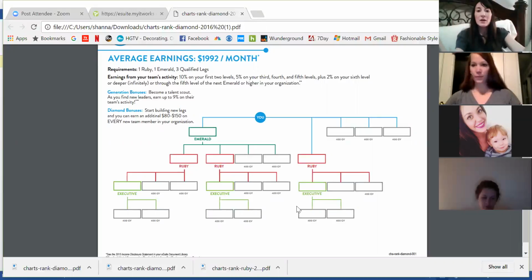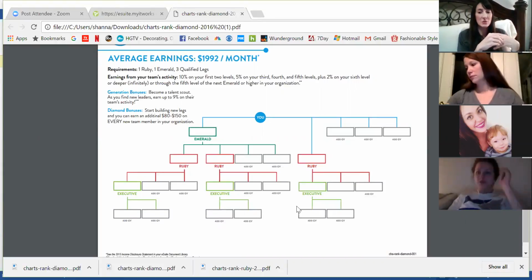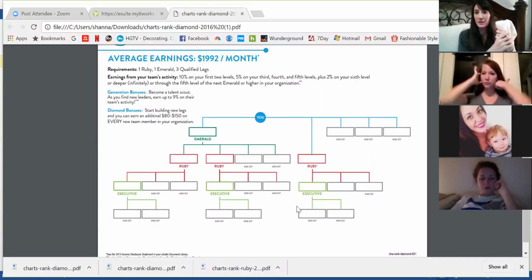You get the luxury of analyzing your business so that you can figure out who to work with, who really wants to go Ruby. And maybe it's not the original person that you charted Ruby. It's totally fine. Or even the executive in your Ruby. So, okay, and then the other thing is,